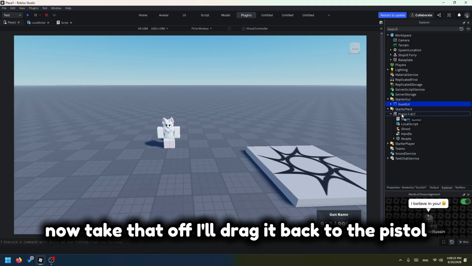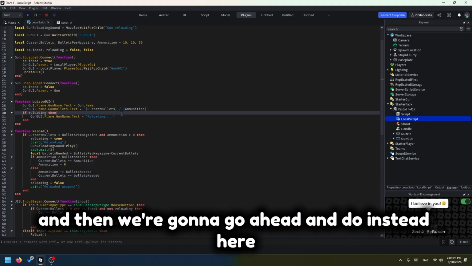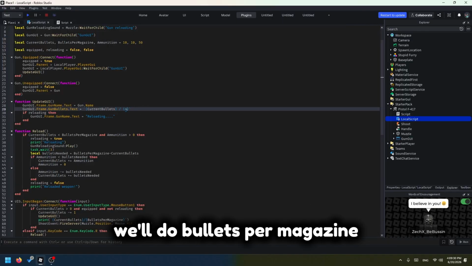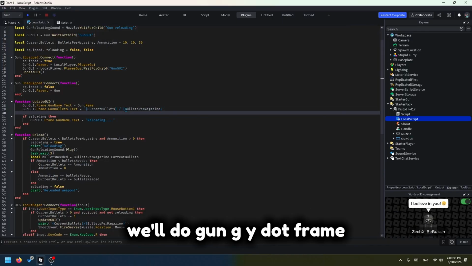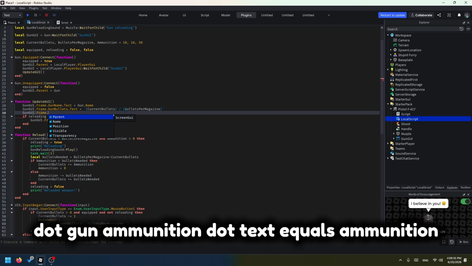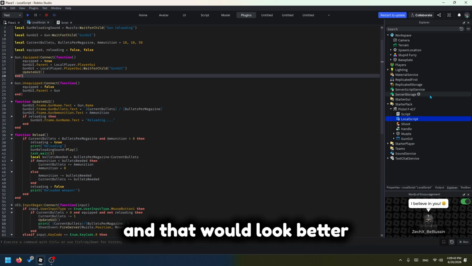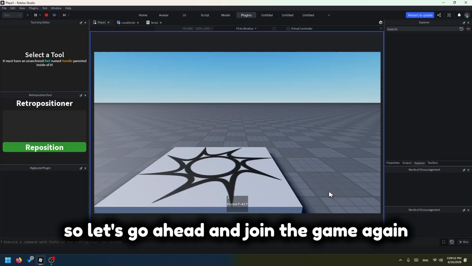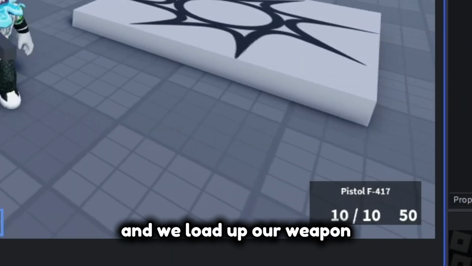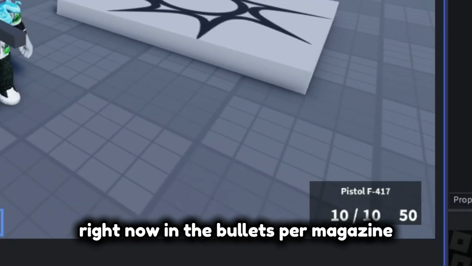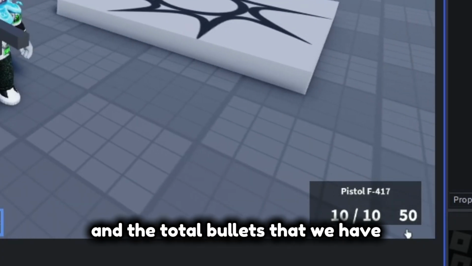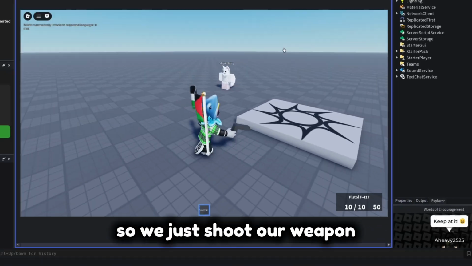I'll take the text off. I'll drag it back to the pistol, and then instead here we'll do bullets per magazine. We'll do gunGui.Frame.GunAmmunition.Text equals ammunition, and that would look better. So let's join the game again. And we load up our weapon. We can see how many bullets we have right now in the bullets per magazine and the total bullets that we have. So if we just shoot our weapon,